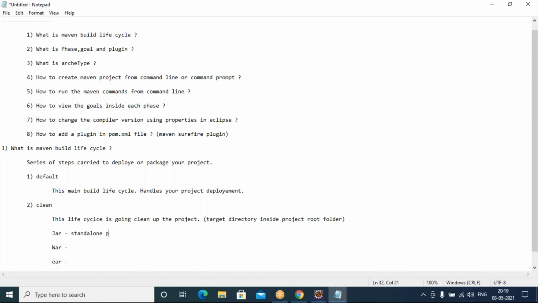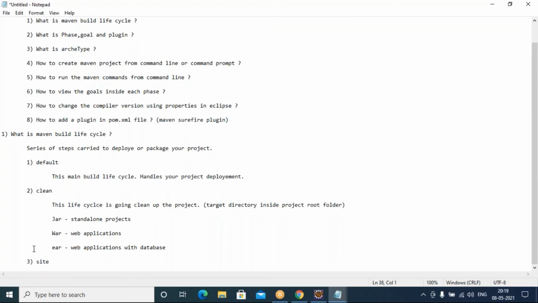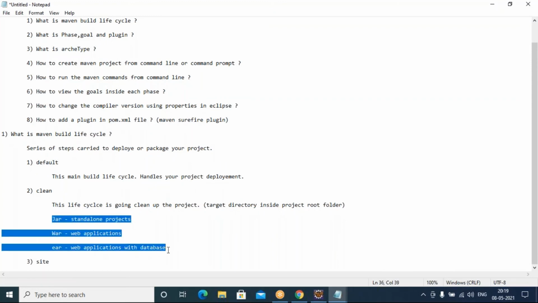WAR packaging is done for web applications. EAR is for web applications with database files in it. So we can do three types of packaging.